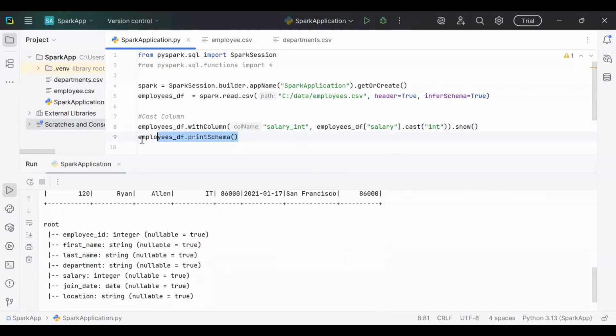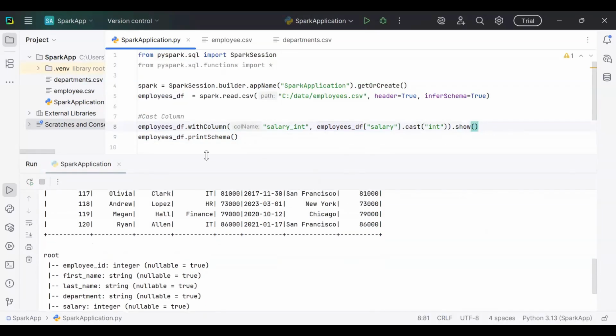Okay, maybe what happened, guys, over here? I run this entire show command, right? But I applied print schema on the current data frame only, not on the result of this one. So that's why we got that result. Ideally, what should we do? Let's say this is a data frame. Either you can call print schema over here as well,